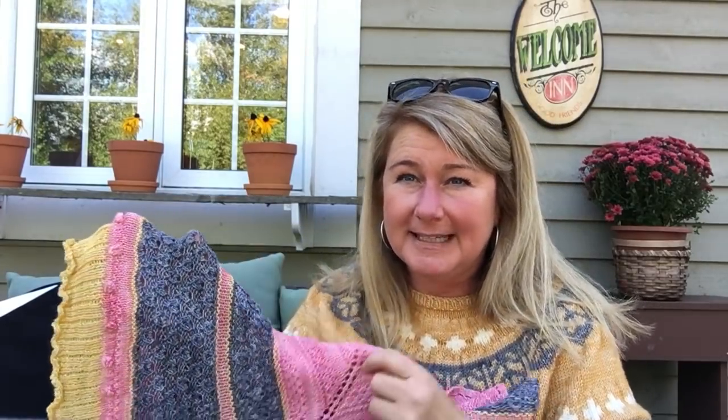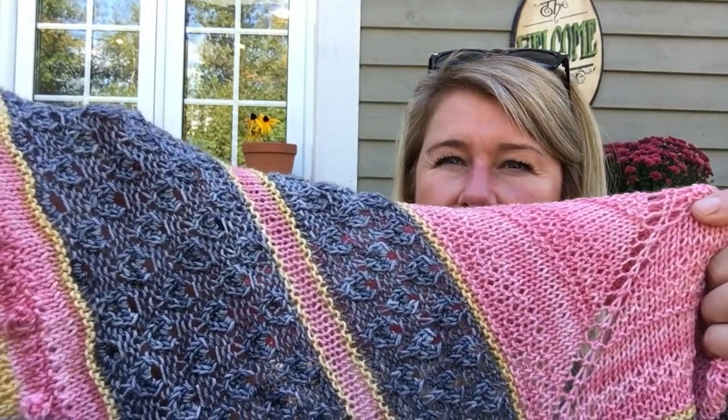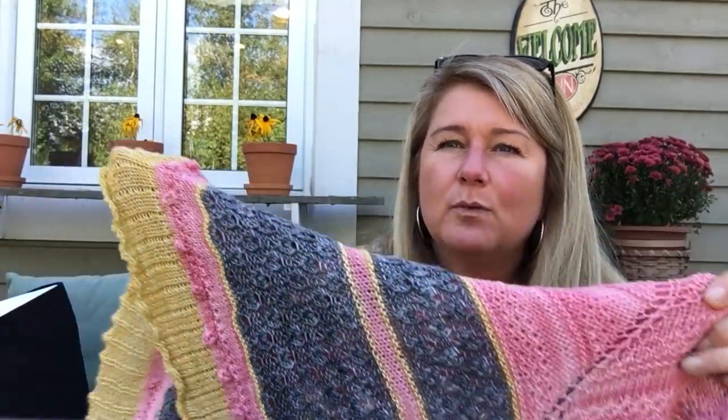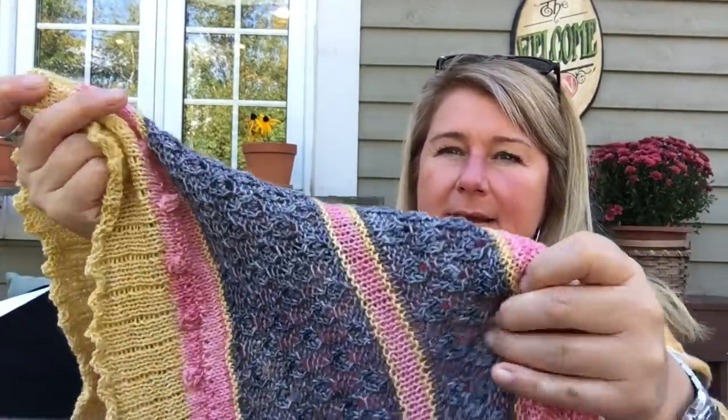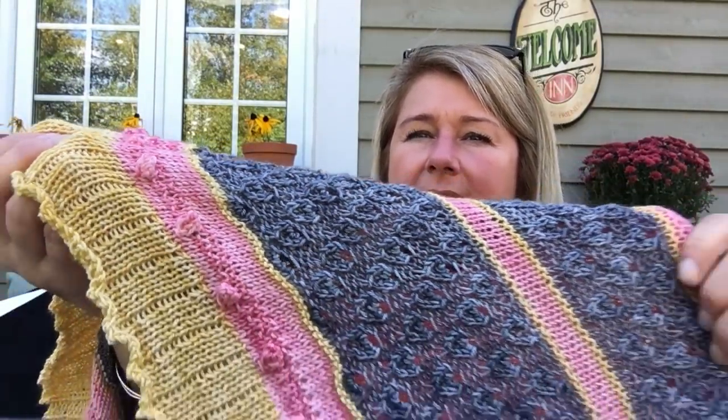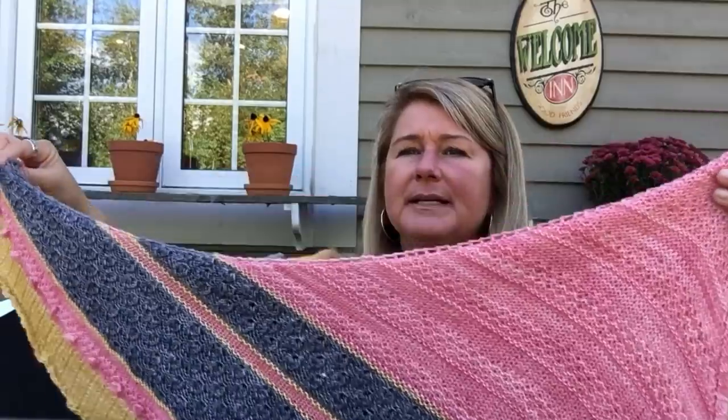I will say I'll never do it again. This was a lot of knitting, like a ton of work. I mean, I enjoyed knitting it. I never for a minute wanted to put it down and stop it. But if you look at like these little beehivey things and then the baubles, that was a ton of knitting. And it was also another pattern that it wasn't mindless. You really had to watch yourself. So I enjoyed it. I do recommend it, but I wouldn't knit it again because it was just so much